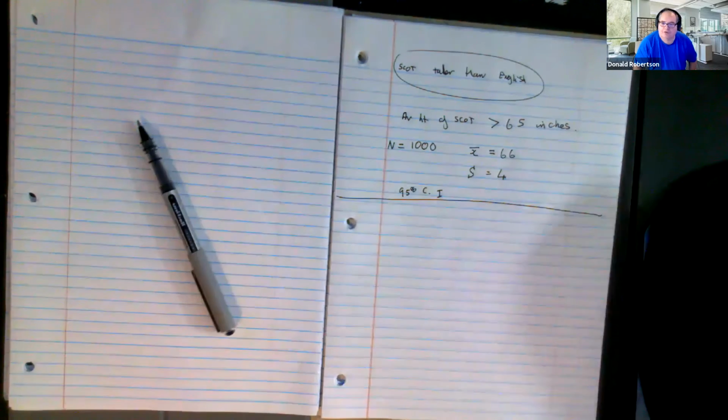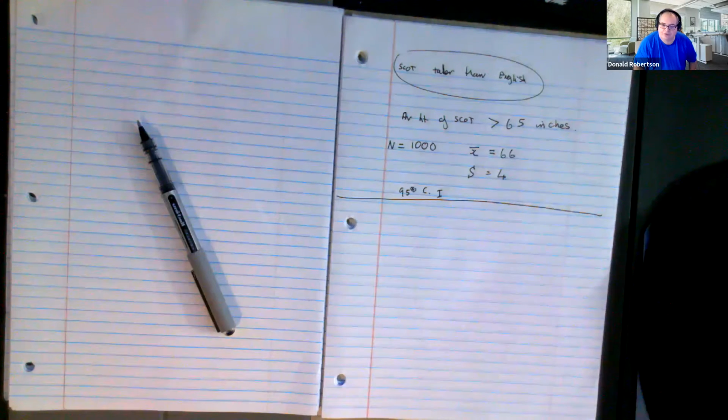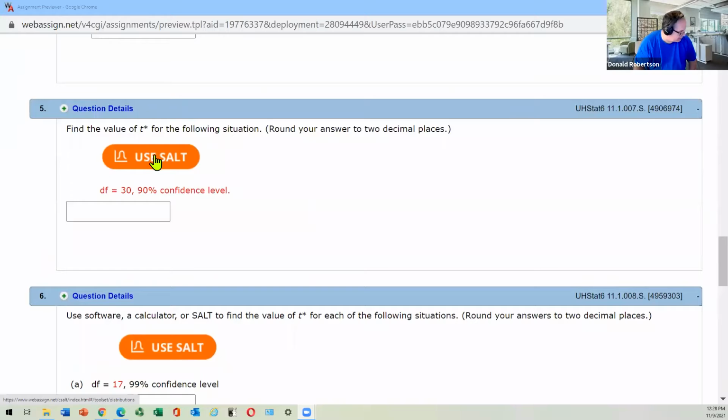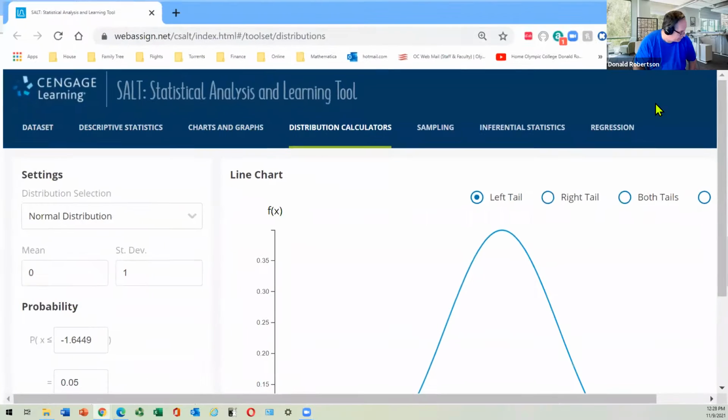So what I'm now going to do is I'm going to nip over to WebAssign, if I can get the buttons to work, and go here, and go here. And I'm going to hit the use SALT button. And I'll bring this over here.